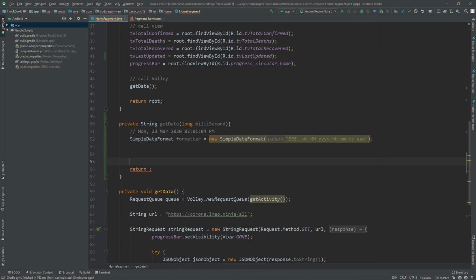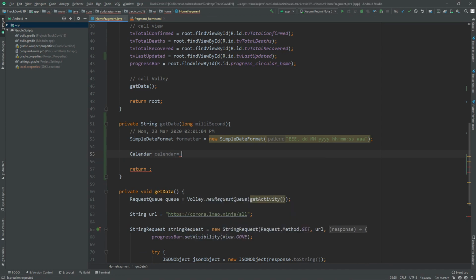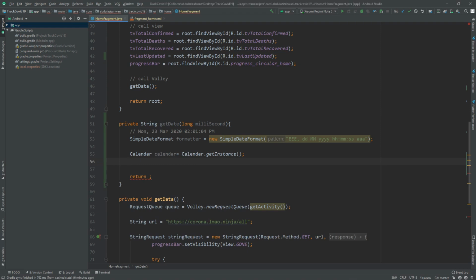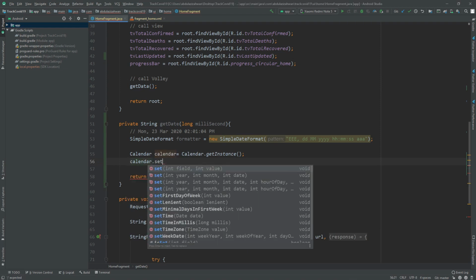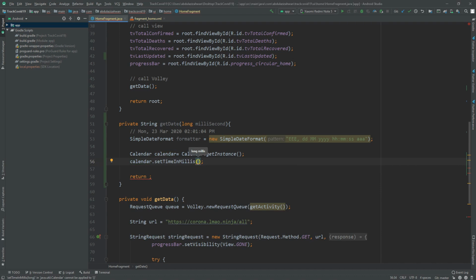and below this we need to call a calendar, and we call it calendar, and we say Calendar dot getInstance, and we say calendar dot timeInMillis, and we call millisecond here,